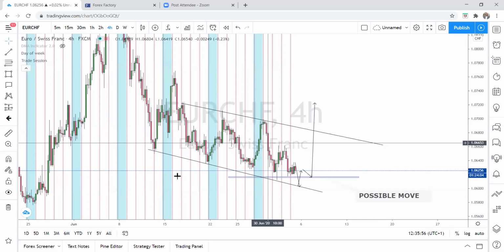So you have the move down, you have the A wave, you have the B wave, you have the C wave. That is a diagonal. I want to try and draw